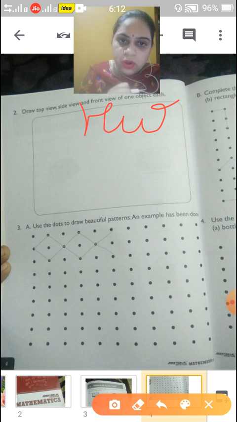So children, you can draw those 3 pictures from your book, and you will write under each what view of the picture it is, or you can draw any other object and write under that object what view it is. Understood children? So this you will do as homework, and you will draw pictures from the book also, or you can draw easily.